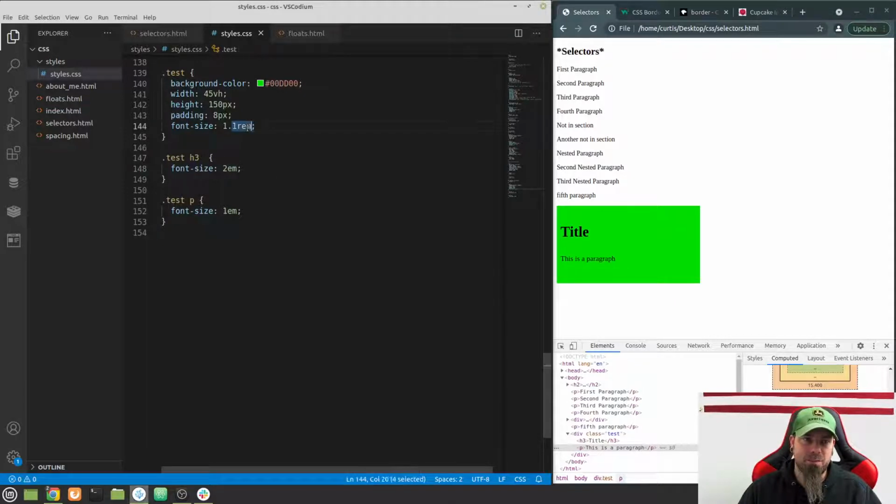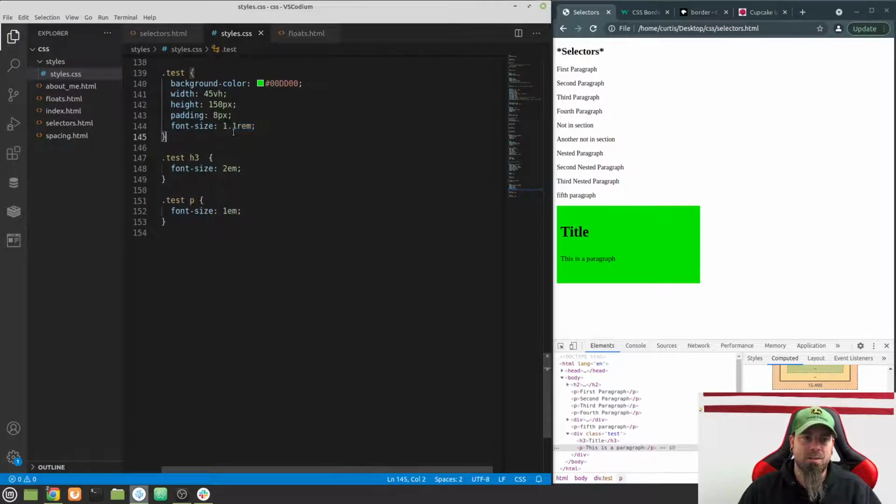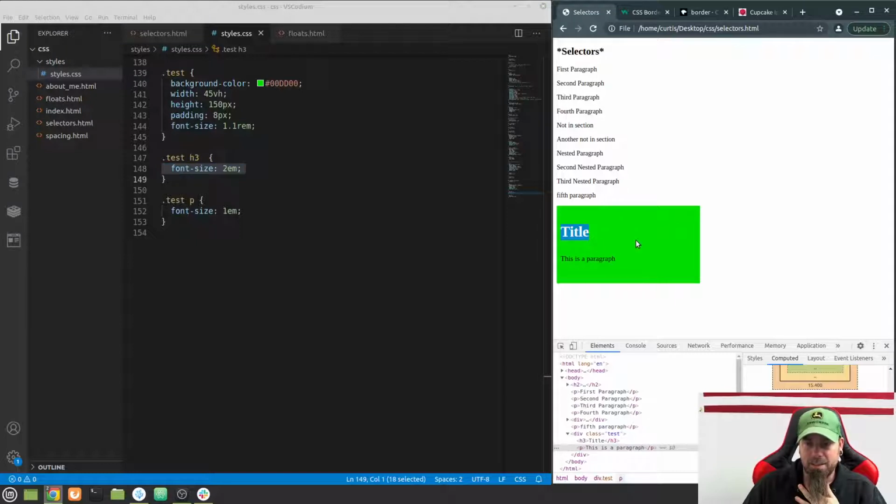Personally, if I'm doing dynamic stuff, I can reason about rems in my own brain better than ems usually, so I will kind of defer to rems in most cases. There are some good use cases for ems, and that being, from a design standpoint, if I want this title text to be based upon the height of my header, say this whole box was a header across my page, and I wanted it to be based upon the size of that,